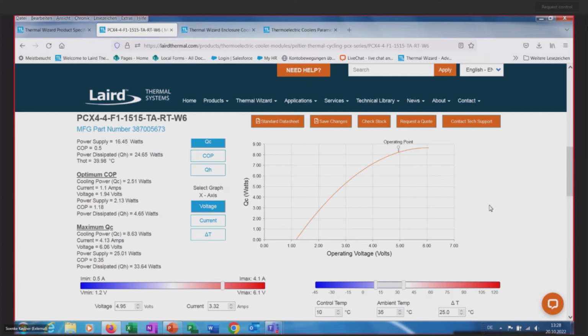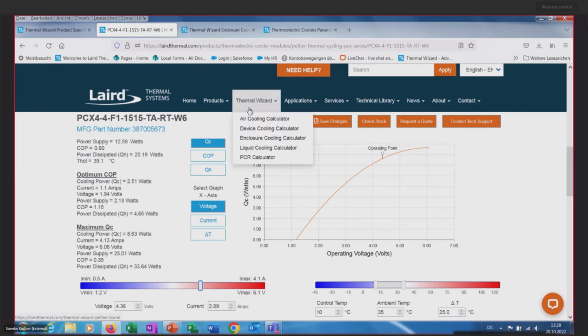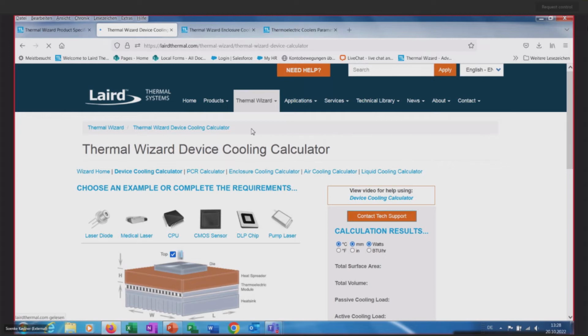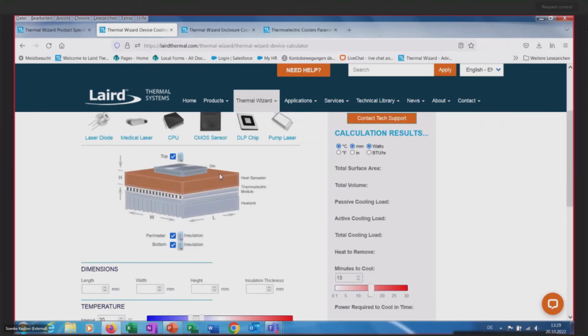It's the same principle, and also the same principle here. Let's say you would like to know how much can I lower the voltage. We don't have much headroom here, because if I'm going towards the 4 volts, I'm already below 8 watts, and I think we needed around 8 watts of cooling power for our application. The same principle applies for all the predefined examples, and you can use whatever example matches your